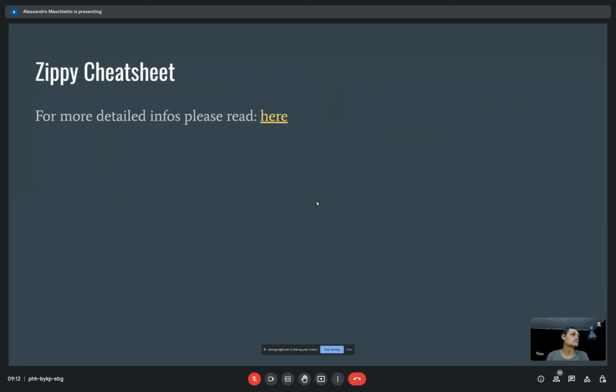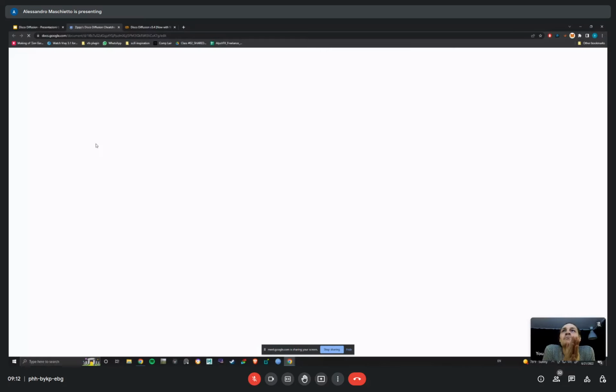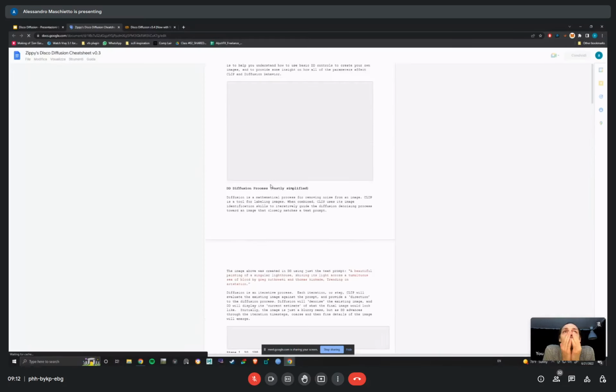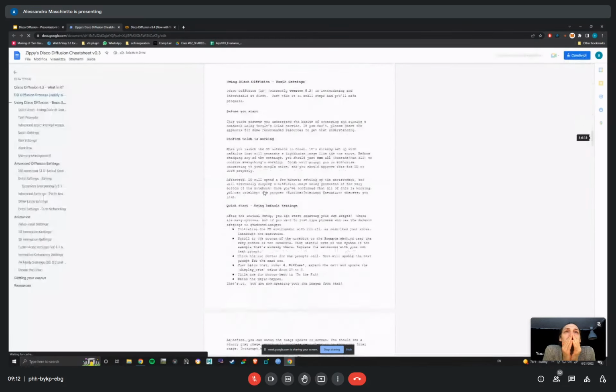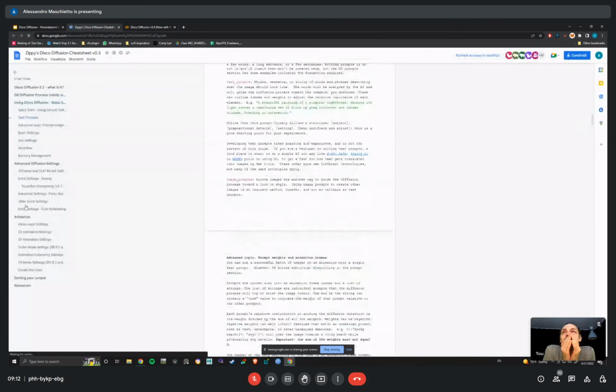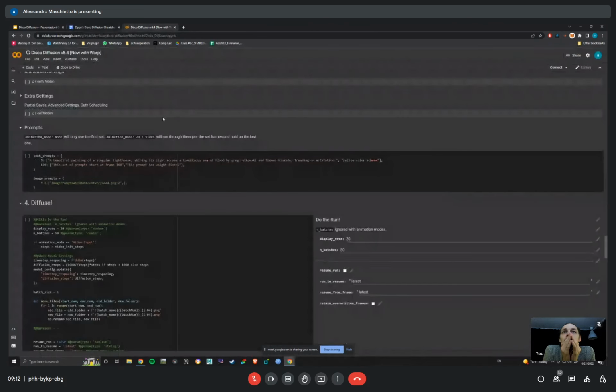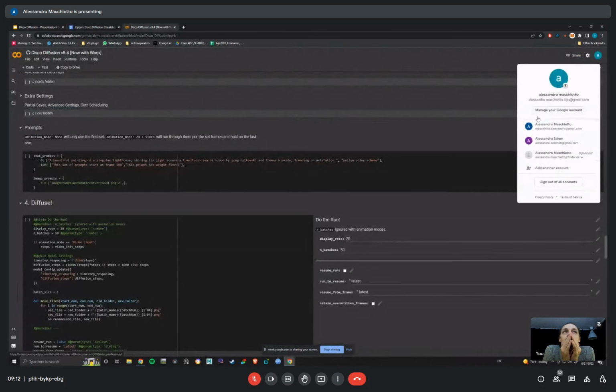Then I link a cheat sheet which can be used to see all the information, and it's quite nice. You will have all the prompt stacks and whatnot. So let's quickly check it.